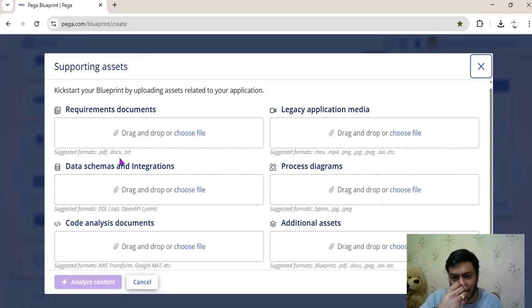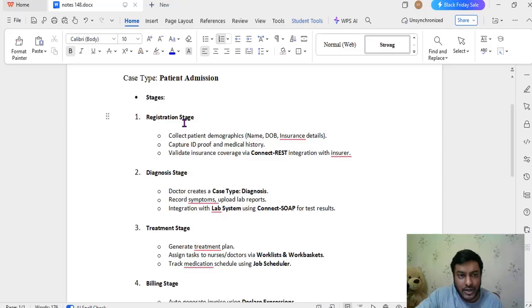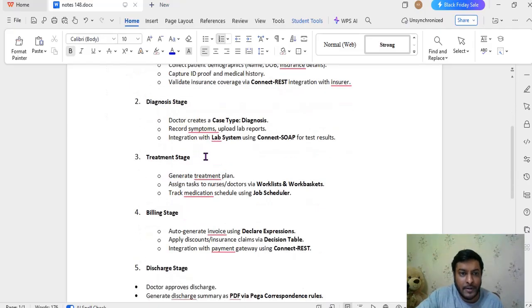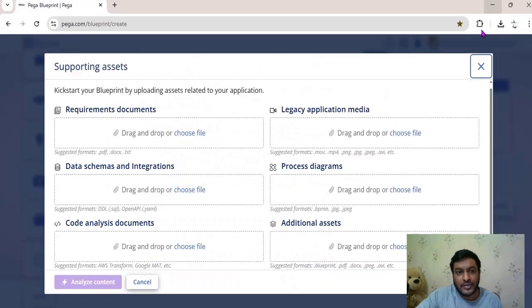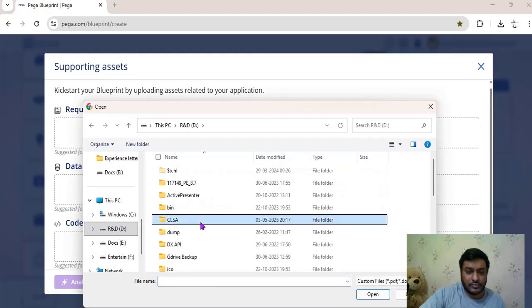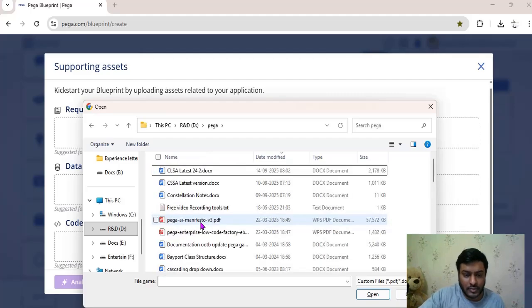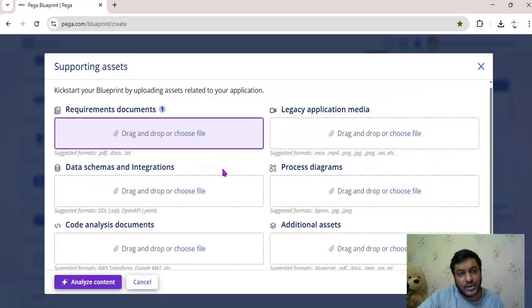So you are having an idea. For example, I take a patient management for a hospital. I have an idea, so I will show you one idea. So this is patient admission. Now I have just given registration stage, diagnosis stage, treatment stage, billing stage, discharge stage, and this is UI. What I have thought, these are the scenarios that we can build. Now if I click choose file, so now I have given these notes. Once I have provided these notes, if I click analyze content,